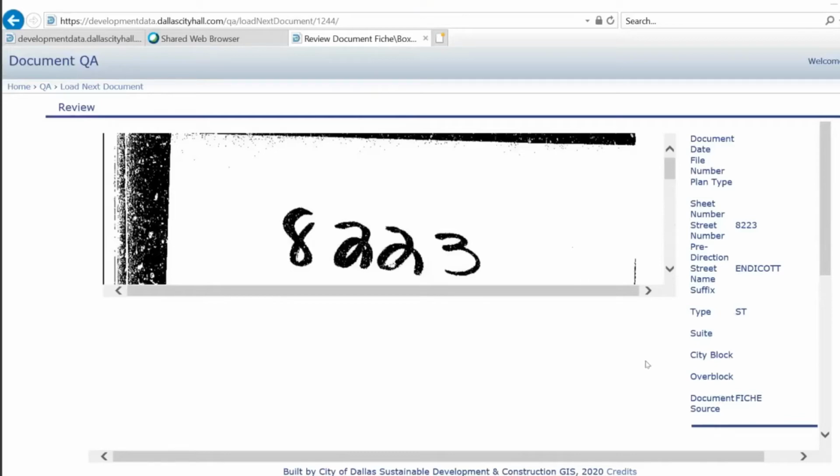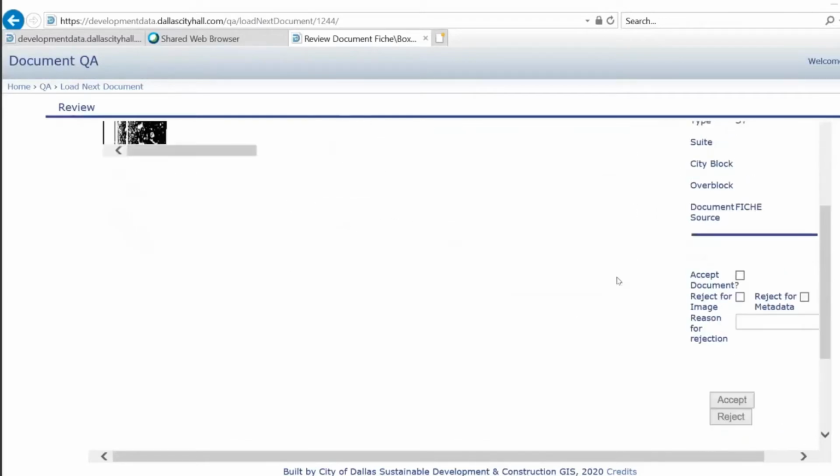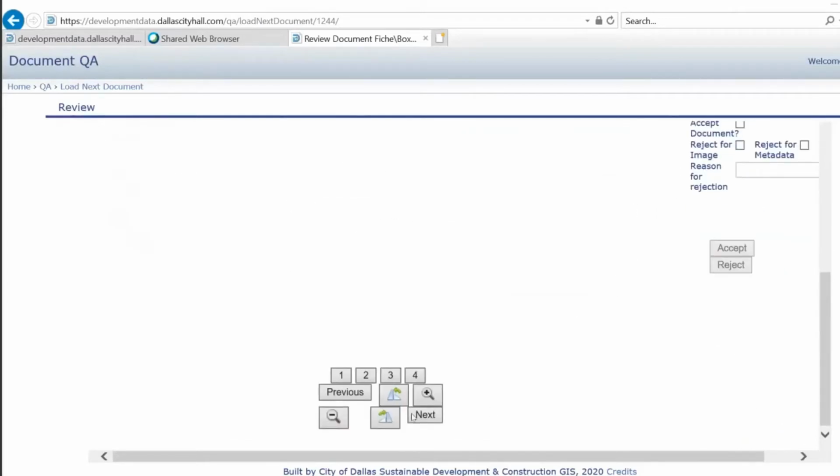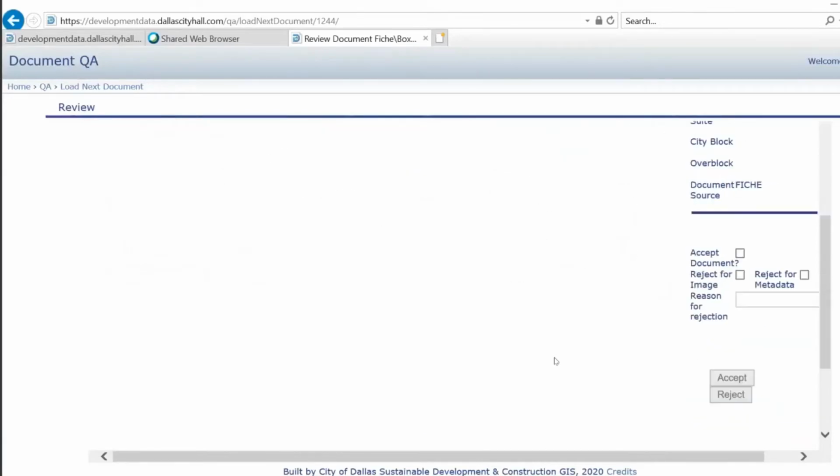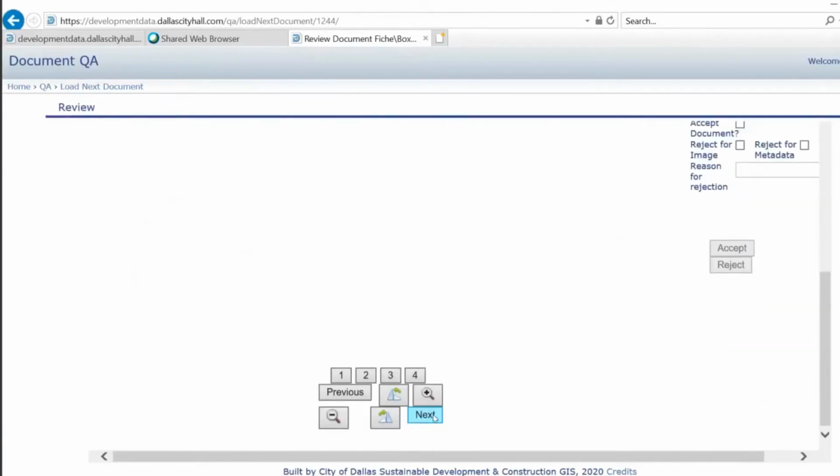Okay. Get started checking this document series. You're going to scroll down to the bottom to these buttons here that allow you to flow through the documents. You'll press next, previous. These buttons are to reverse it clockwise, counterclockwise. These numbers indicate the number of pages that are in this queue. Once you check all the documents in this queue,